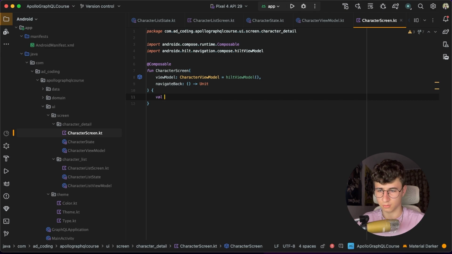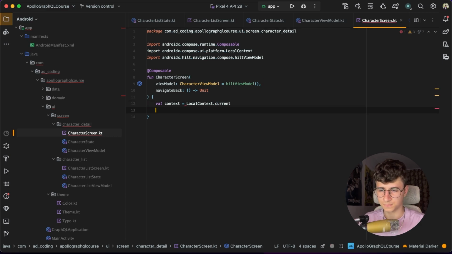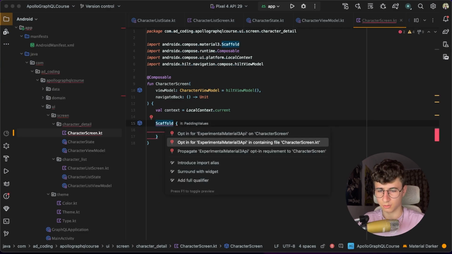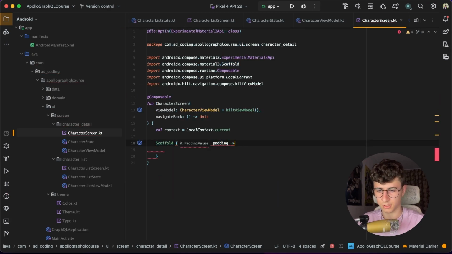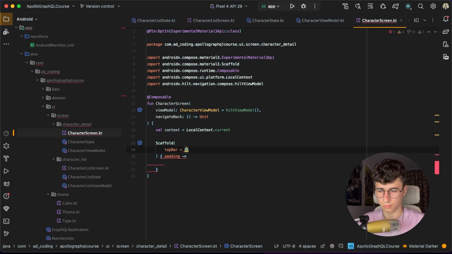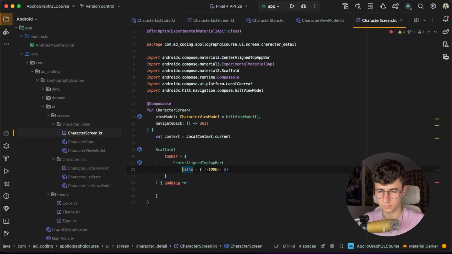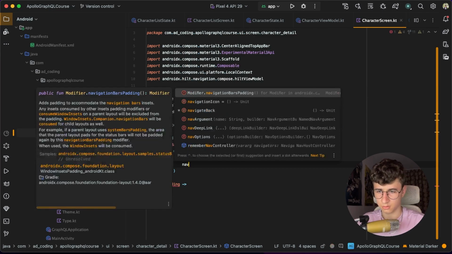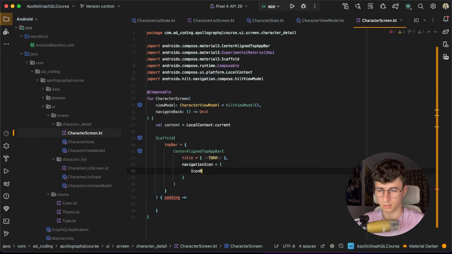So let's also get the context, because we'll use the AsyncImage again. So LocalContext.current, and let's create the Scaffold and opt in for it and get the padding. Now let's say topBar is equal to CenterAlignedTopAppBar, and the title is empty, and say navigationIcon is an IconButton,